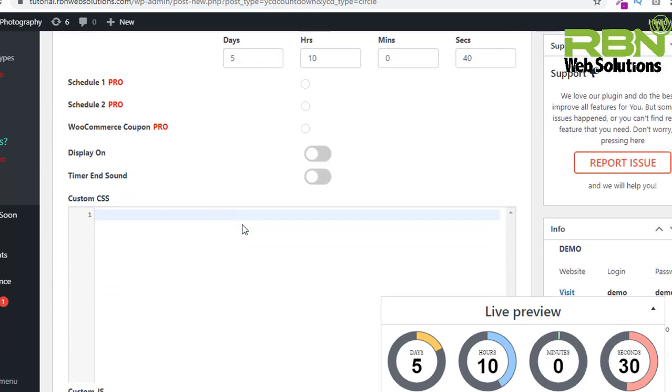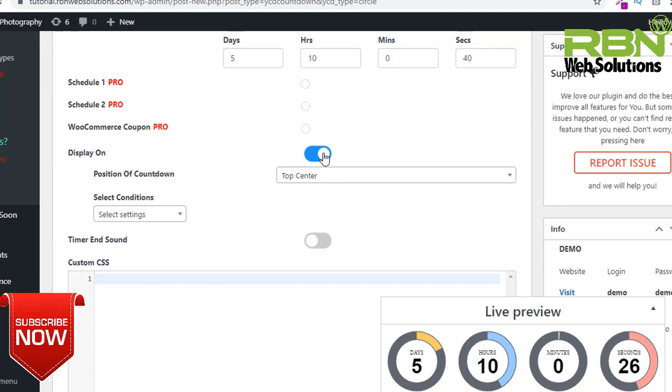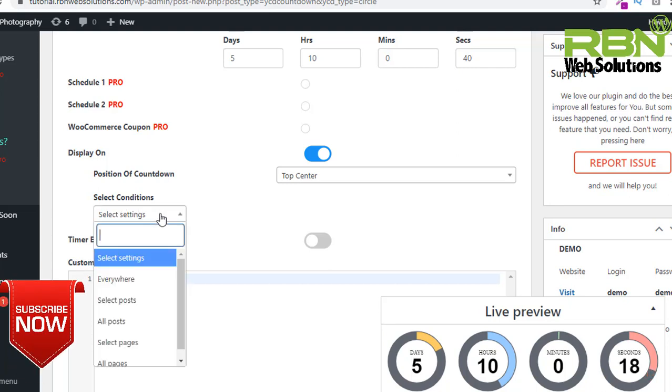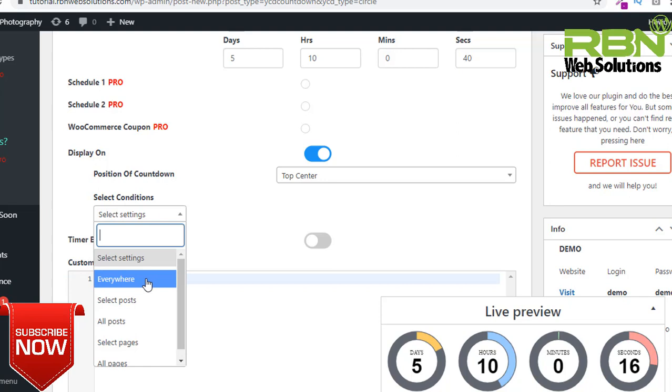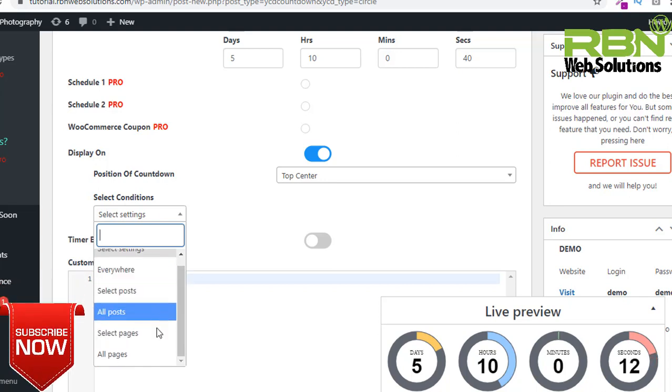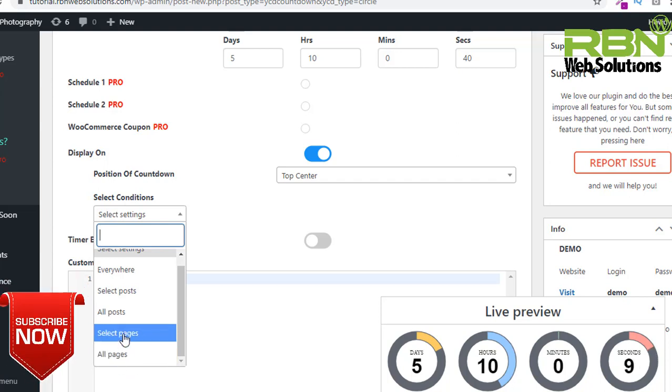Then if you click on Display On, this is a really awesome feature of this plugin. Here you can see Select Conditions, so click here to choose where you want to put this countdown timer: all posts, select pages, or all pages. You can select pages from here.